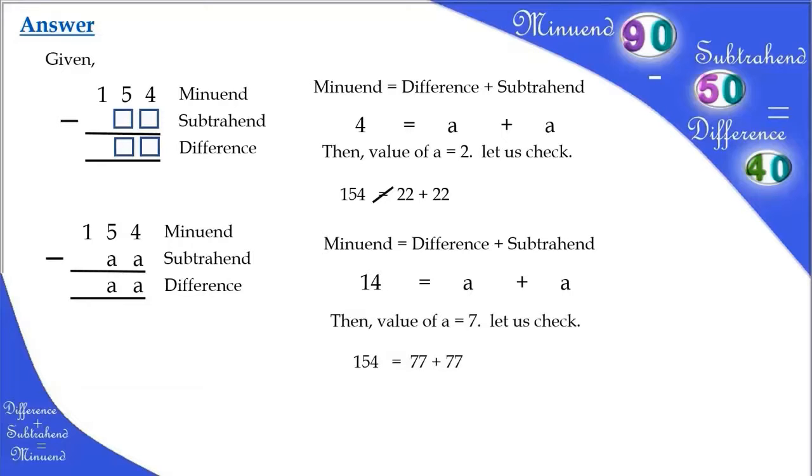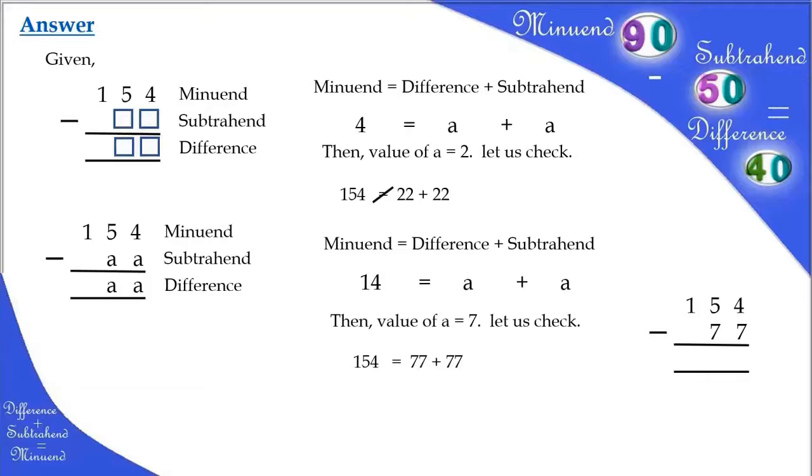154 equals 77 plus 77. Let us check by subtraction also. In this sum, we cannot subtract 7 from 4. The minuend is not big enough to subtract the subtrahend. In this case, you will have to borrow from the nearest non-zero minuend to the left. To borrow, you need to take 1 from the nearest minuend and count that as the 10 to add to the other minuend to the right. This will make a number large enough to subtract from.